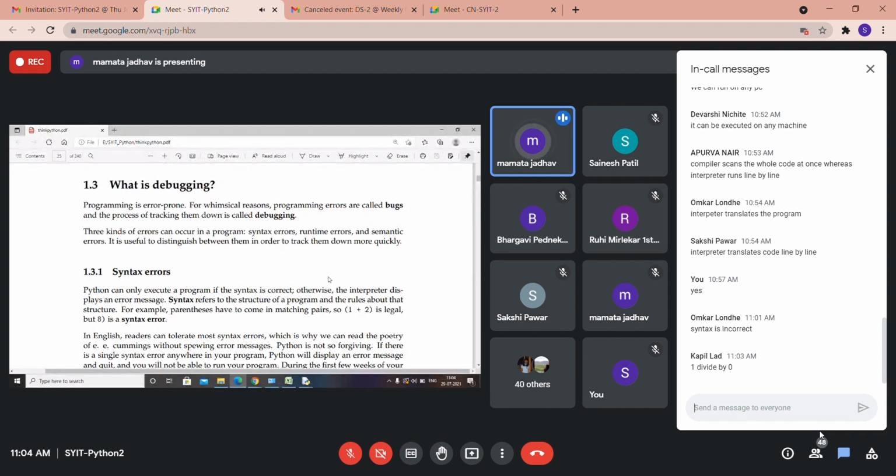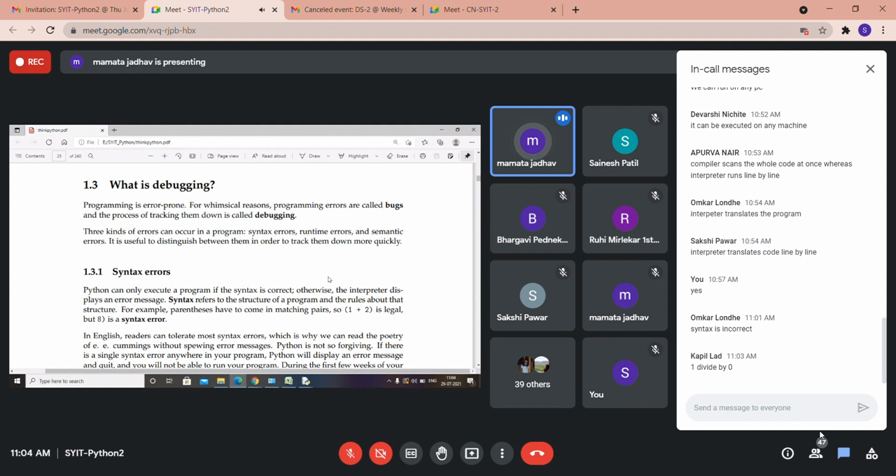The first number provided by the user is, say, 5 and the second number is 0. Your program does not know which values the user has provided, so it will try to perform the division operation, but it will not be able to. Such an error, if it is raised at that point of time, is called a runtime error.